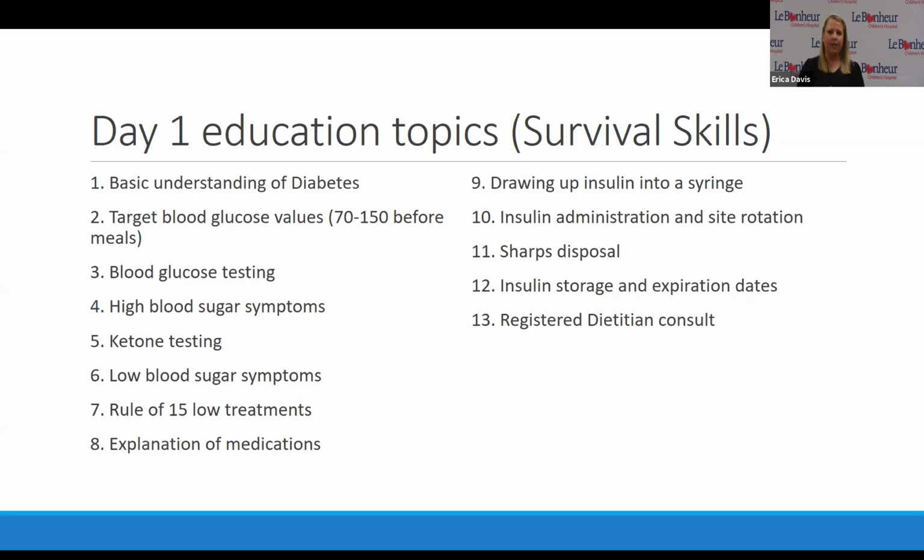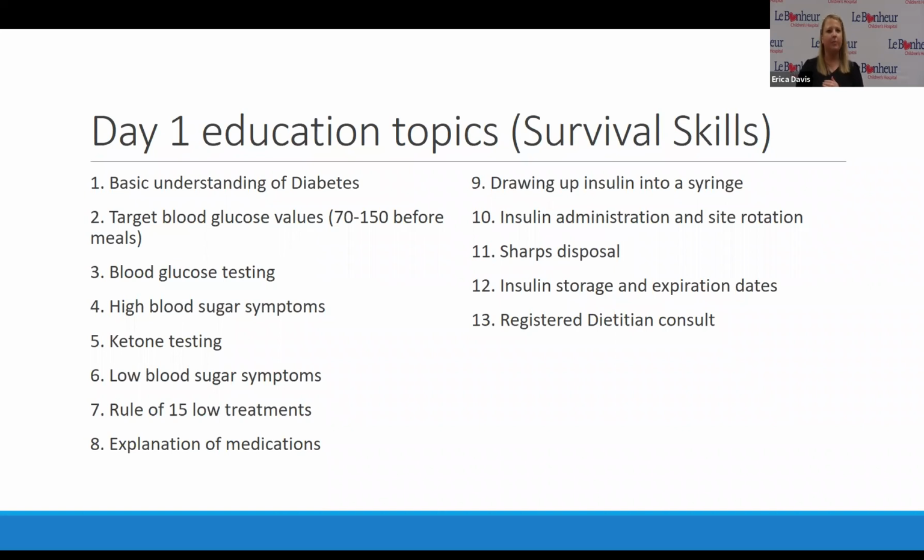And so you'll notice on here that we are only going over this basic understanding of diabetes, and we're hitting the high points and making sure they know how to handle low blood sugars, they know how to handle high blood sugars, but they're also communicating heavily with the clinic at this point. So as we go through these topics, they're calling the on-call doctor every single night for the first 7 days to report their blood glucose values, and also for us to touch base, because on that first day, it's quite overwhelming with all the information, and there are sometimes a lot of emotions that families face on these days. So we definitely are going to be following up with these families.